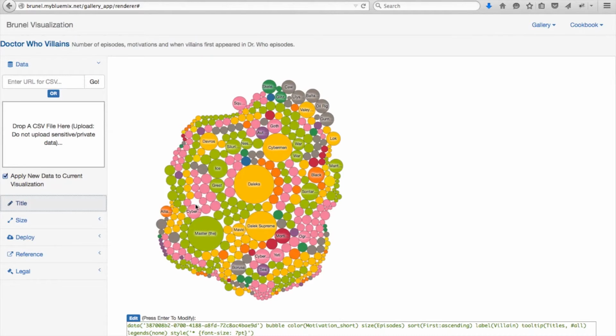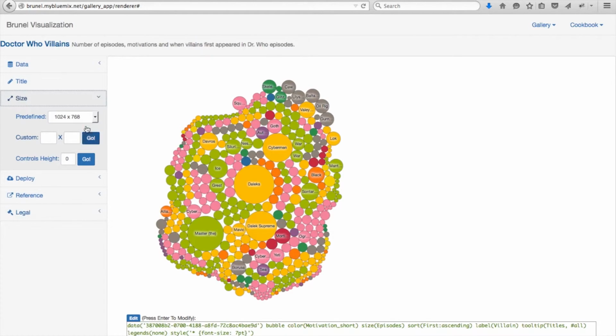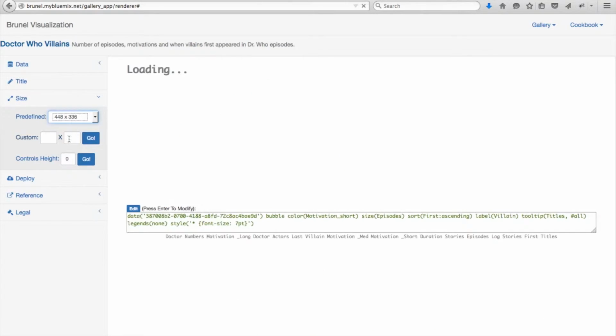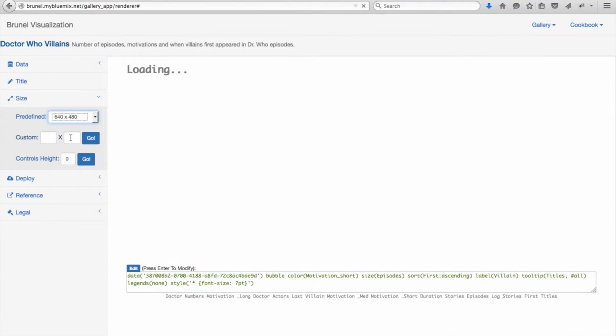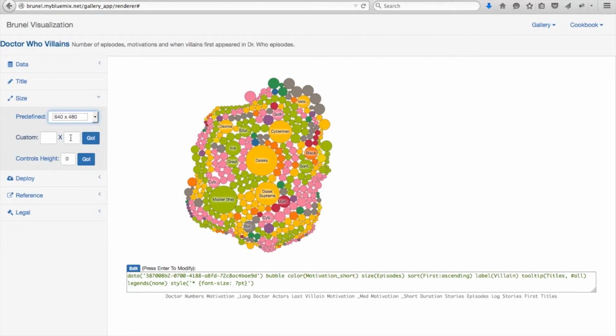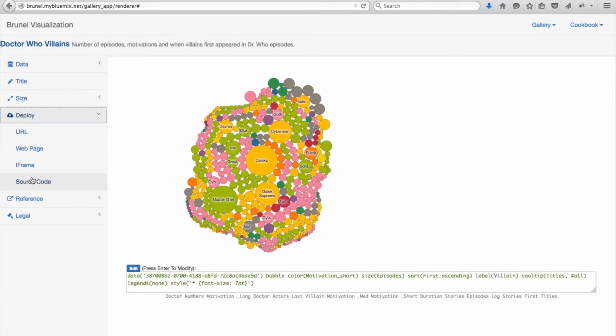Okay, so the next thing we probably want to do is modify the size of the visualization. So we have a few choices we can choose from. This one might be a little too small. Let's choose the 640 by 480. Okay, that looks good. And then next, of course, the last thing we want to do is actually deploy this